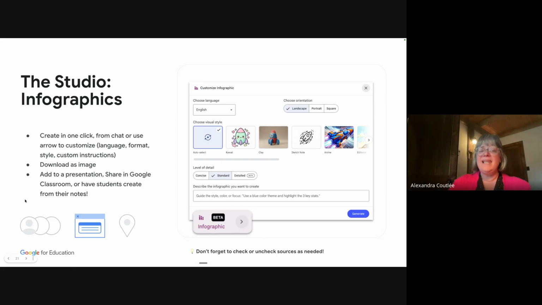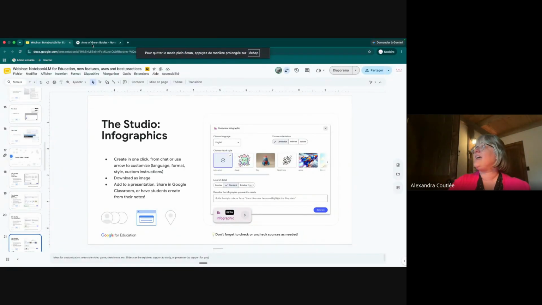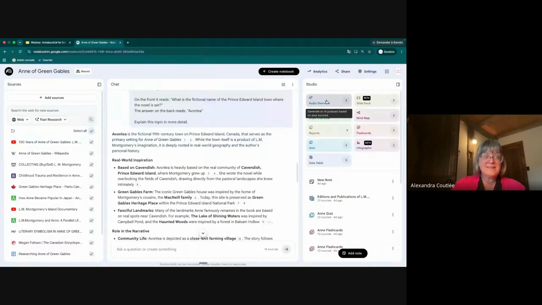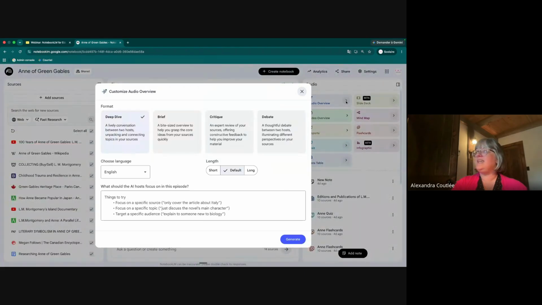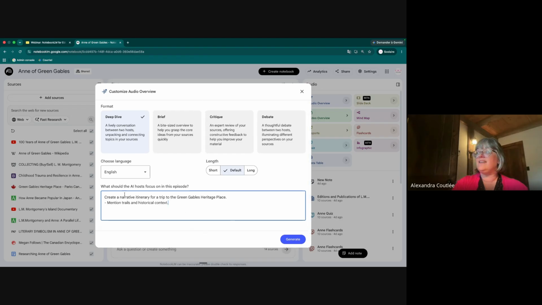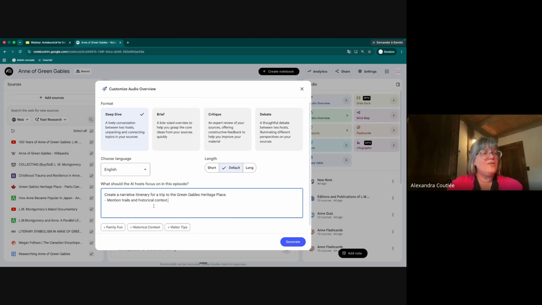So let me leave my presentation and go to the studio. So to create, we can do one click, or I can actually use the arrow. As you can see, I can decide and add information. Notice when I got to this section, I had little buttons here that suggested things I could add. And if I click on it, it actually adds it. Not all of the tools have that, but I see it more and more.